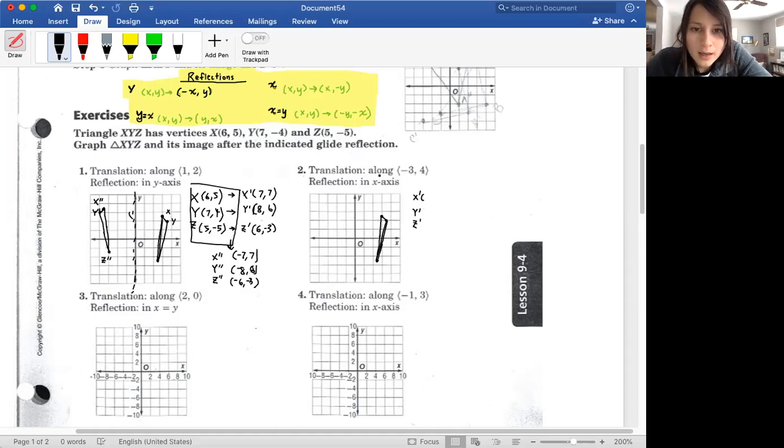Okay, so I'm going to add negative 3 to 6, which is 3. And this will be 9. This will be 4 and 8. This will be 2, negative 1. Okay, now it's going through my reflection. So after it's gone through my reflection,